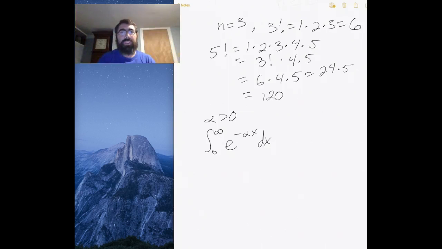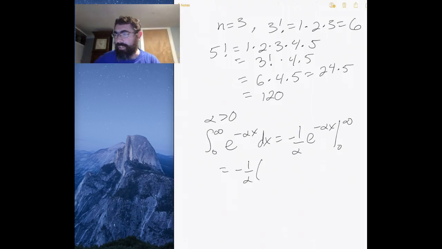That one is pretty straightforward. We would just get minus 1 over alpha, e to the minus alpha x back again. And then if I apply the limits from 0 to infinity, what I would get is minus 1 over alpha,